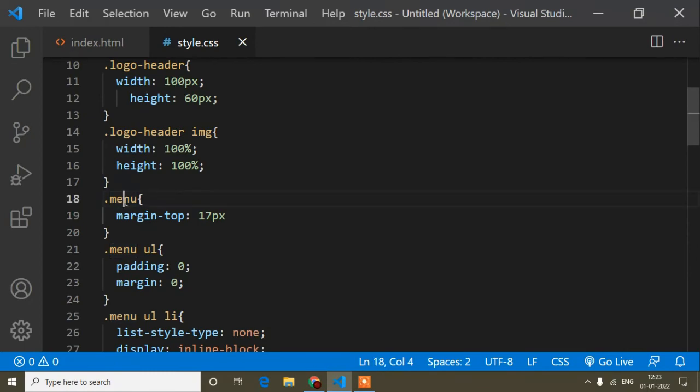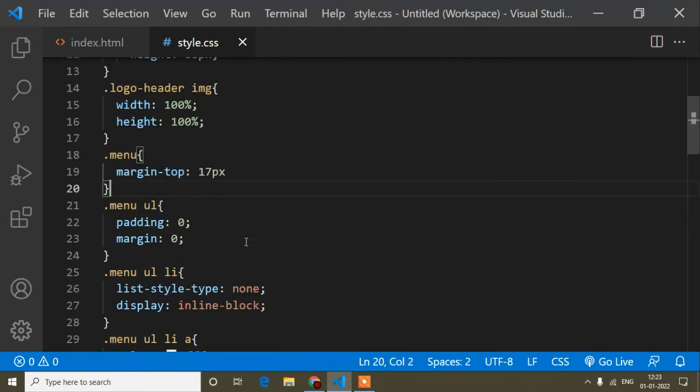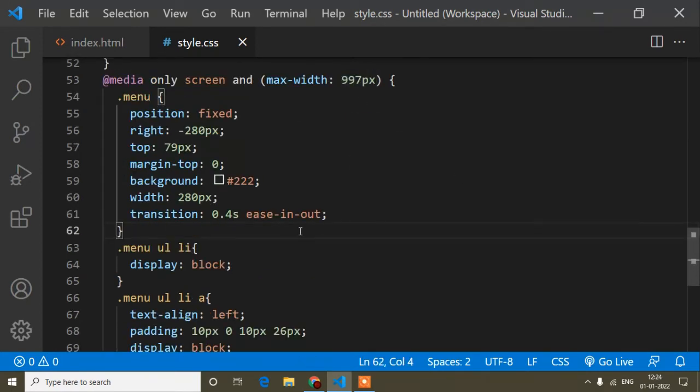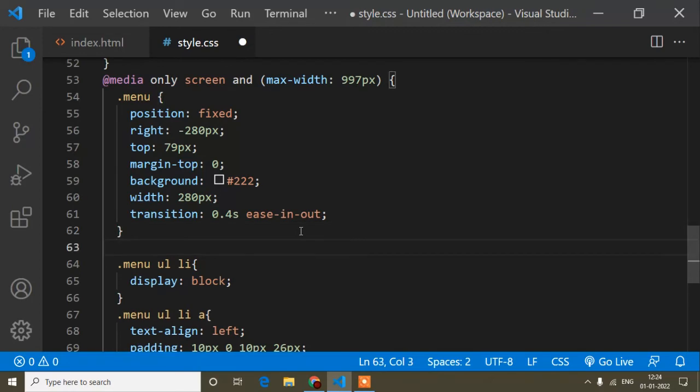I can create this class inside this media query, because the menu is affected at 997, or you can create it just outside the media query. The class name is menu, and here I will add the menu position.